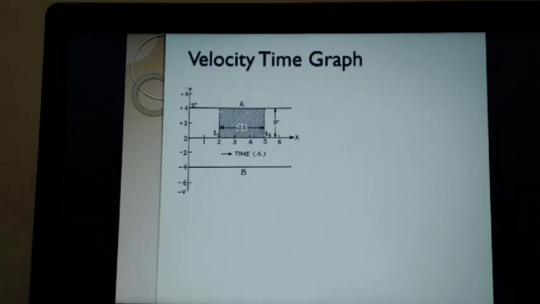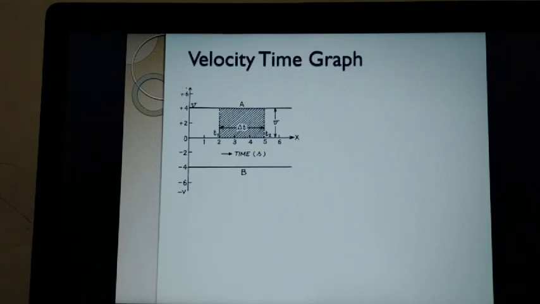Let us see that. See, the diagram shows a velocity time graph. In the diagram, you can see two lines A and B, that for two different objects A and B. And for A, the line is plotted in the positive side, and the line B is plotted with the velocity in the negative side. What does it indicate? It indicates particle A is moving in the positive direction and particle B is moving in the negative direction. So its velocity is counted as negative.